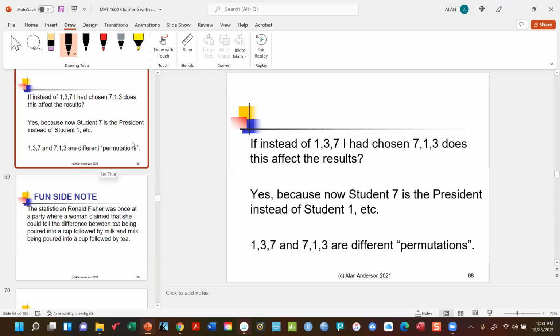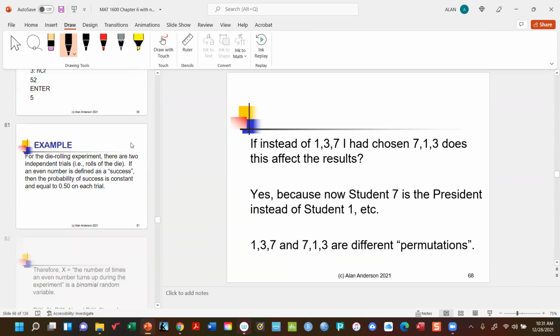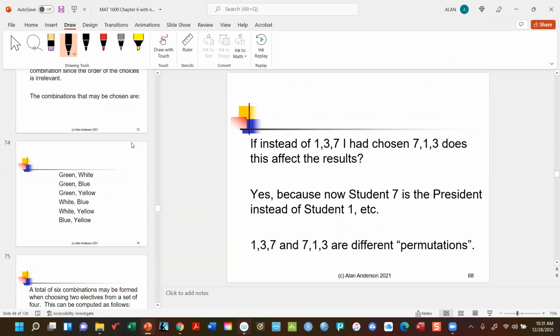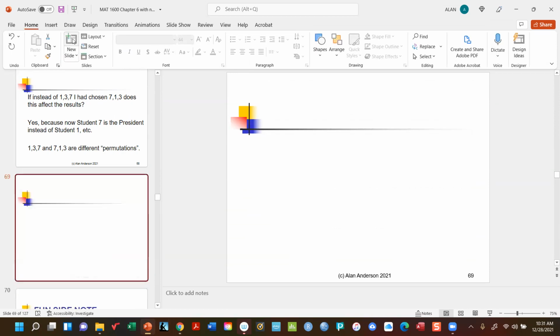So there's going to be a formula here. Oh, wait a minute. Did I not? All right, let me put that in here right now. I think I might have accidentally left that out. Hold on 1 second. The number of permutations